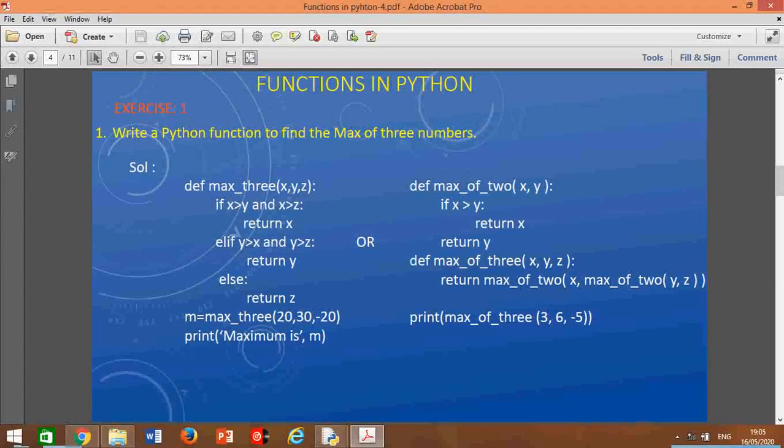In greatest of three numbers, what I am calling here is the maximum of two numbers. So maximum of two requires two parameters. The first parameter is x and the next parameter is again maximum of 2 of y, z. Out of y, z it will return one number, then maximum of 2 will decide which is greater: x or the value returned by the next maximum of 2. In this way it will find the maximum of 3. This is also a very tricky solution.